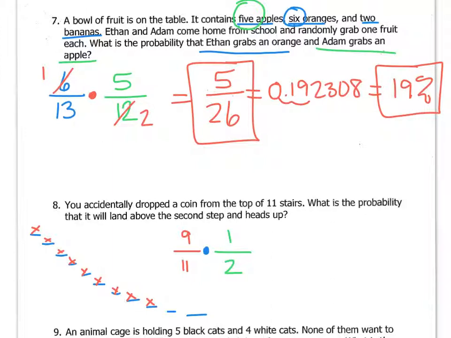But first, let's see if we can simplify. You can't simplify 9 over 11, and you can't simplify 1 over 2. Diagonally, you can't simplify 9 over 2, and you can't simplify 1 over 11, so nothing simplifies here. We multiply across, we get 9 on the top. 11 times 2 is 22. So the probability of this happening is 9 out of 22, which is the same as